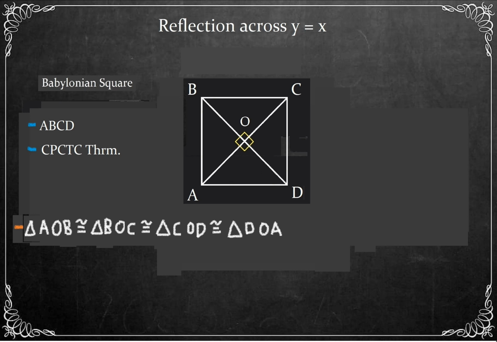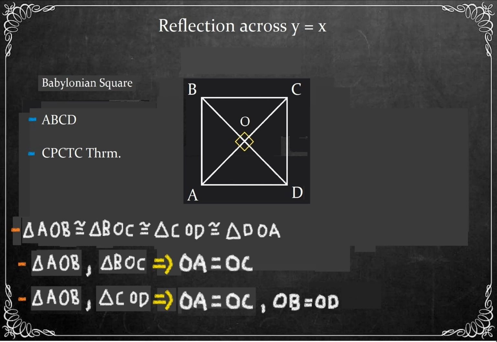Since the square is made up of 4 congruent triangles, which meet at the center O, we can use the CPCTC theorem, which we previously proved, that corresponding parts of congruent triangles are congruent. So, the sides of the triangles meeting at O must be equal in length. For triangles such as AOB and BOC, the sides along the diagonal segments are equal, namely OA equals